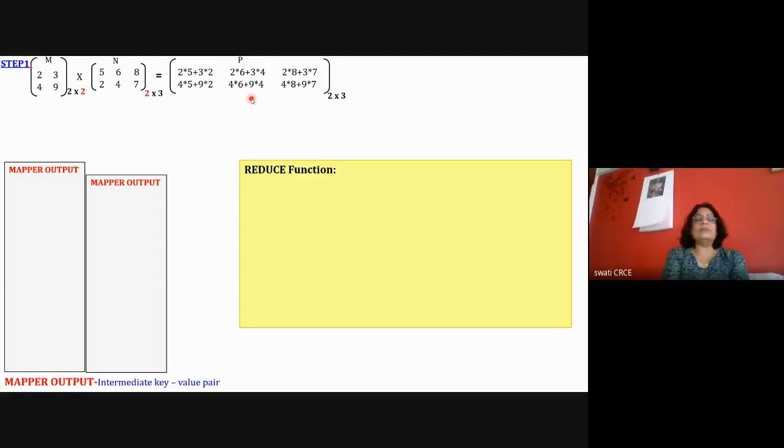But this problem is the best example of parallel programming, where each and every element can be calculated parallelly at different computers. And when there are n's of billions of elements in the matrix, and the matrix is a sparse matrix, then this particular method is suitable. Sparse matrix means the size of the matrix, number of rows and columns, is huge, but most of the elements are not having any value.